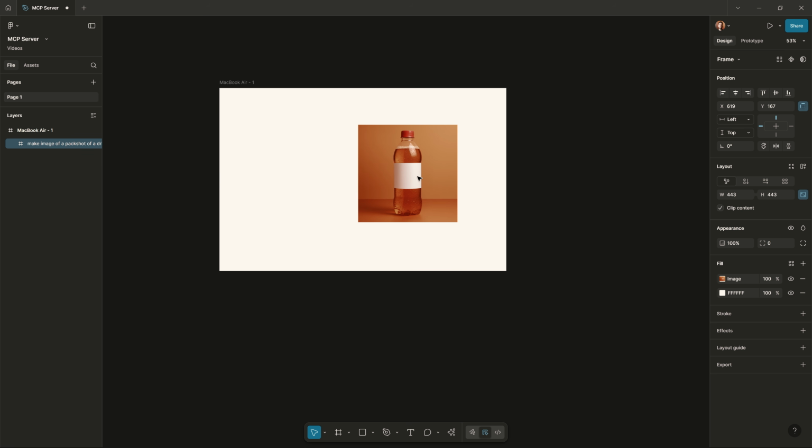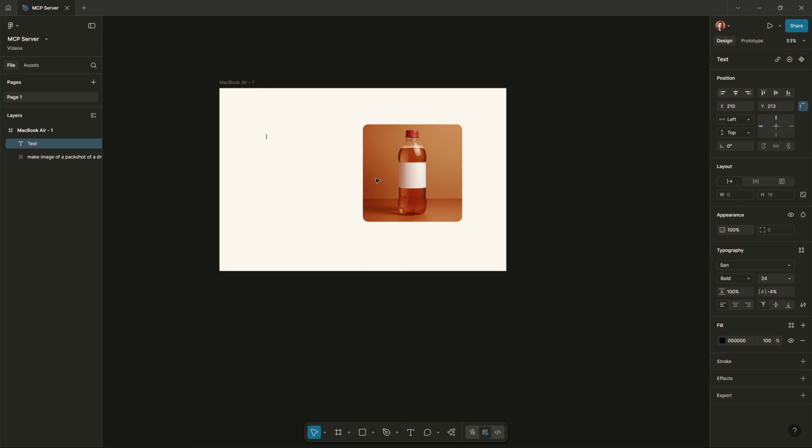This is going to be the pack shot image for the hero section for the product page. I'm going to add a little bit of corner radius, maybe 24 pixels. Again, very random. The sizes are very random. We don't care much. I'm going to add one hero section. I will maybe name it orange soft drink. This is going to be our